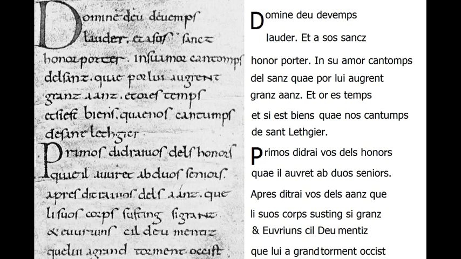we can also see de Saint Léger, or Léger, however you pronounce it. That is, as we look at it, line 6. De Saint is written clearly without a space. Though it is by the same scribe as the Passion of the Christ, it's not nearly as Old Occitan influenced. So really there's nothing in these lines. You could look at, as we look at it, cantomps, that's line 3 and line 6,